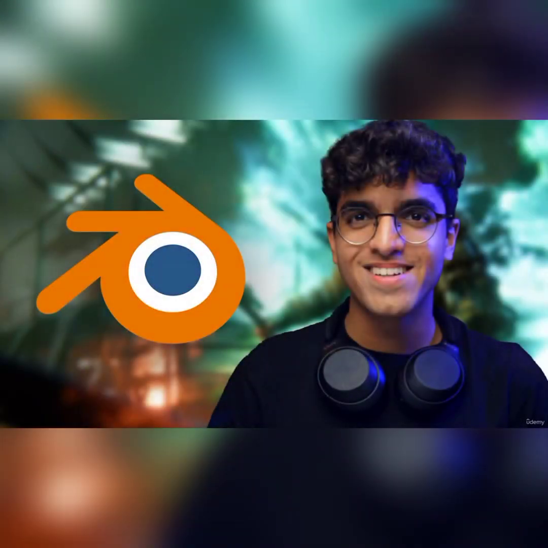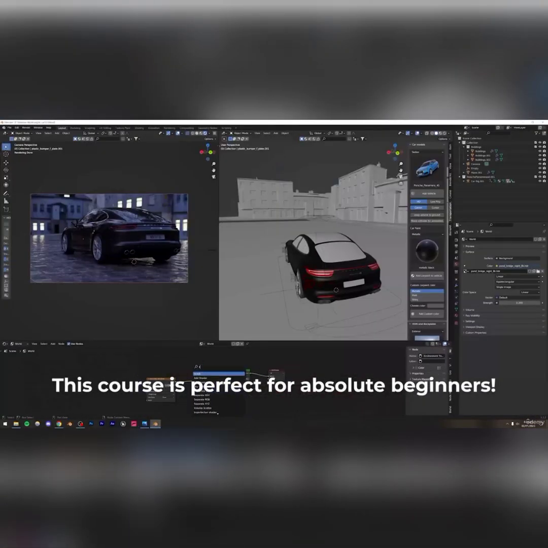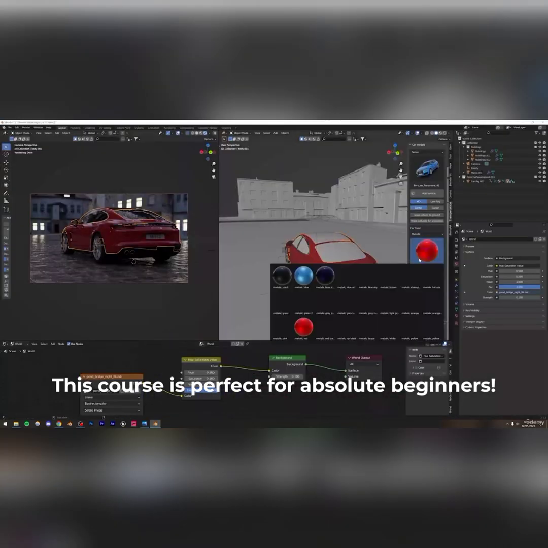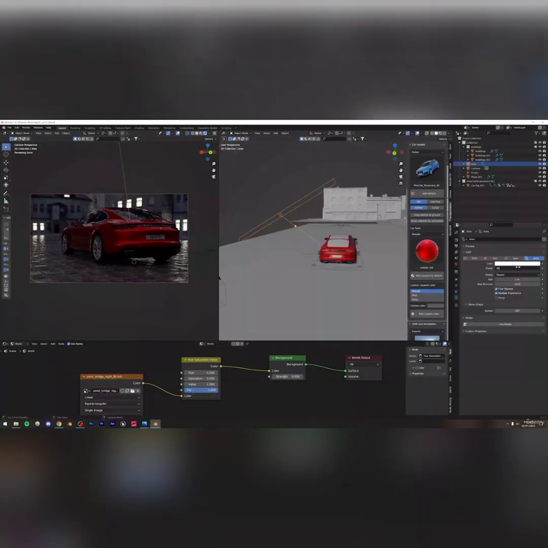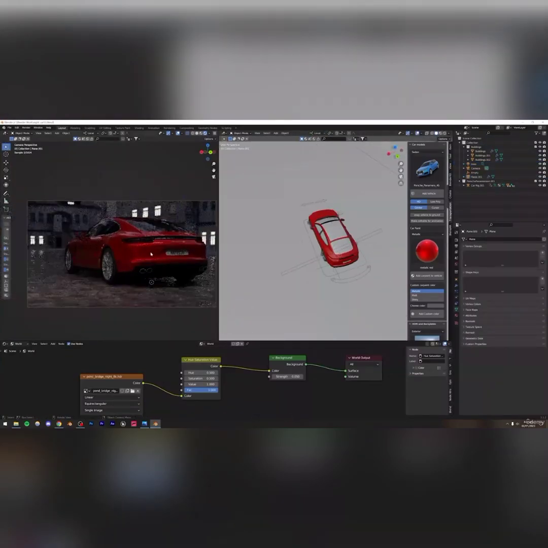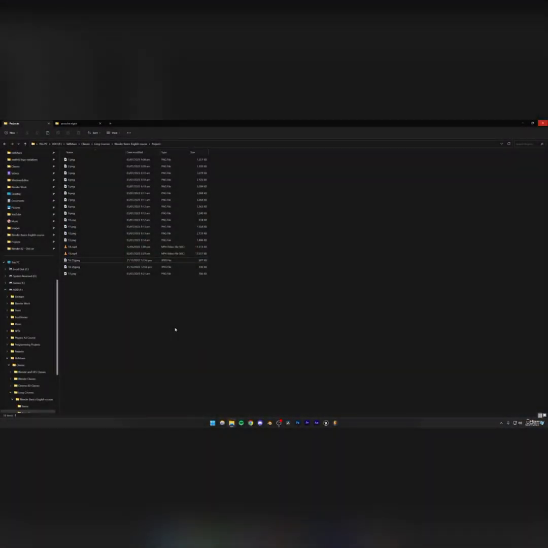If you want to learn Blender 3D, then you are at the perfect place, because in this course I'm going to be showing you the basics of Blender 3D, and after that we're going to be diving into a wide range of projects. We're going to do more than 15 projects in this course and you're going to learn a lot. And not only that, after this course you're going to have an amazing portfolio to show to clients and get freelance projects. Right, so without any further ado, I'm going to show you all the projects that we're going